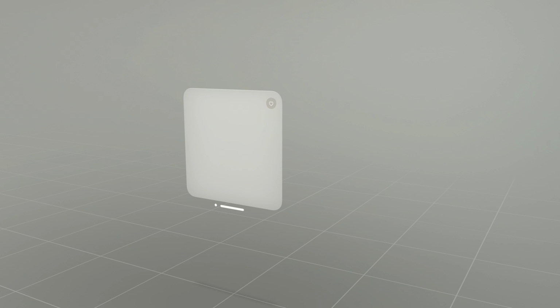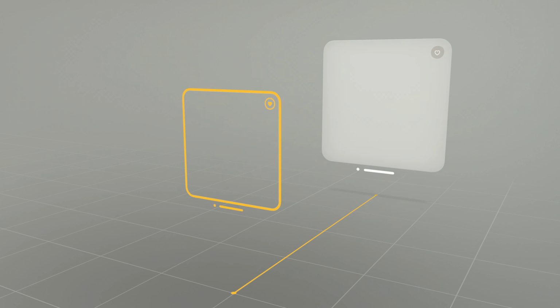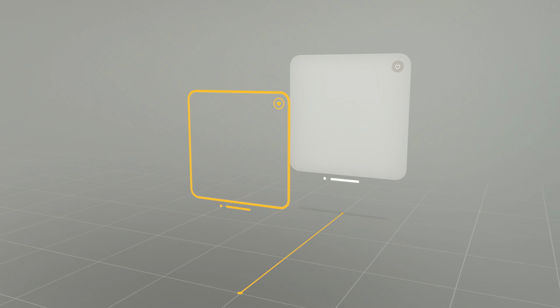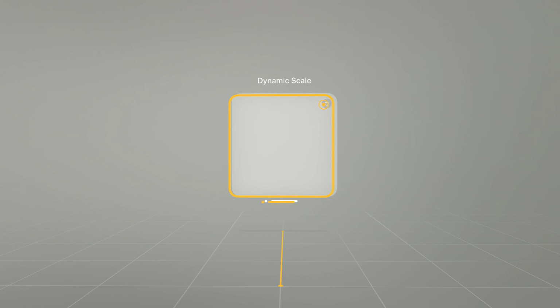Now that we learned about how important the target area is for your eyes, we have to make sure that we maintain this target area in any position in space. For that, we need to understand how to scale your UI. Let's look at two different scale mechanisms. The system provides dynamic scale for app windows. You can see how the window scales larger as it moves away, and smaller as it moves closer. Dynamic scale makes your UI feel the same field of view and preserve the size of the target areas, no matter where the window is positioned.